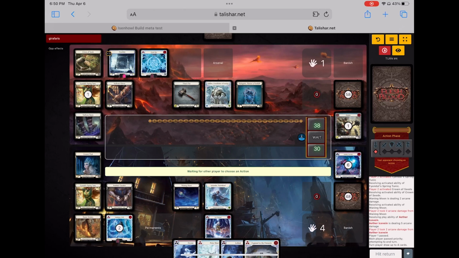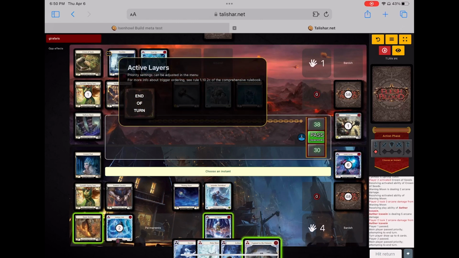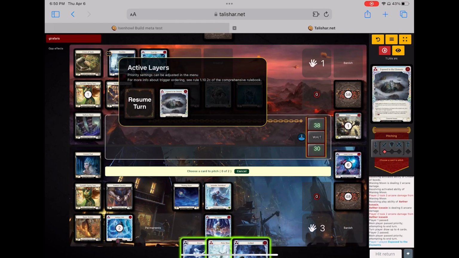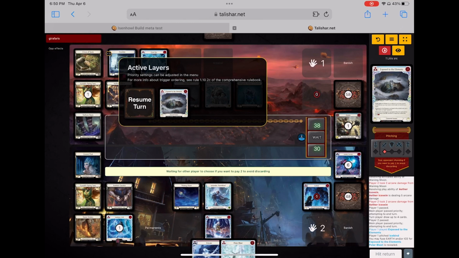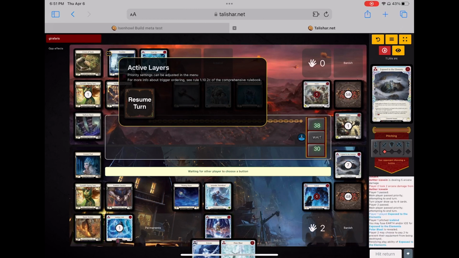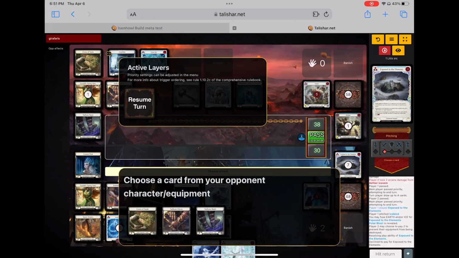But here I am left with, I draw into an Expose the Elements, and this is where I choose to hopefully expose his crown. So I'm gonna pitch there and fuse, strip this last card from his hand, get to expose his crown and deal him some damage. Yep, get rid of crown,